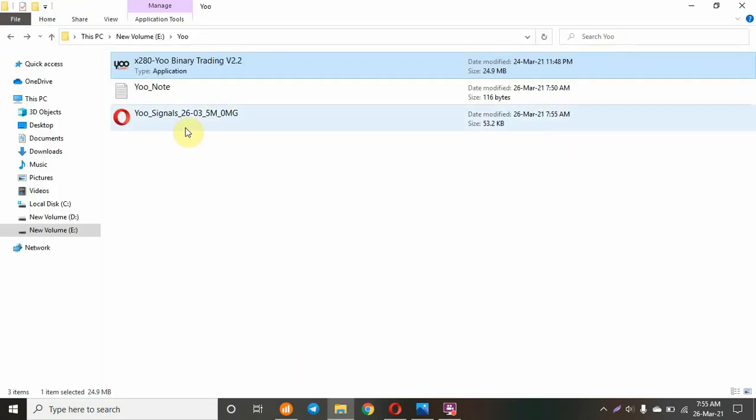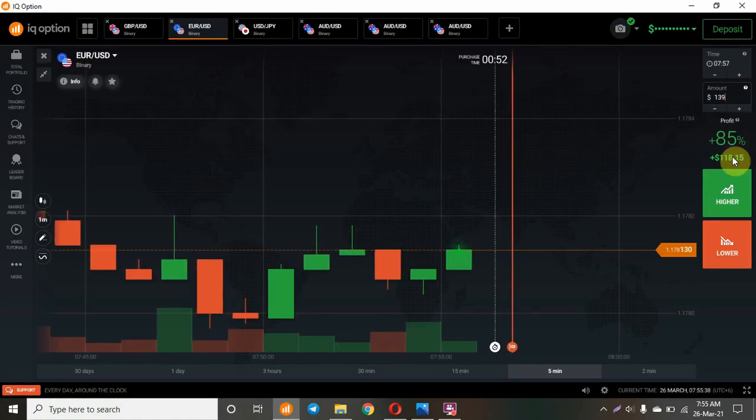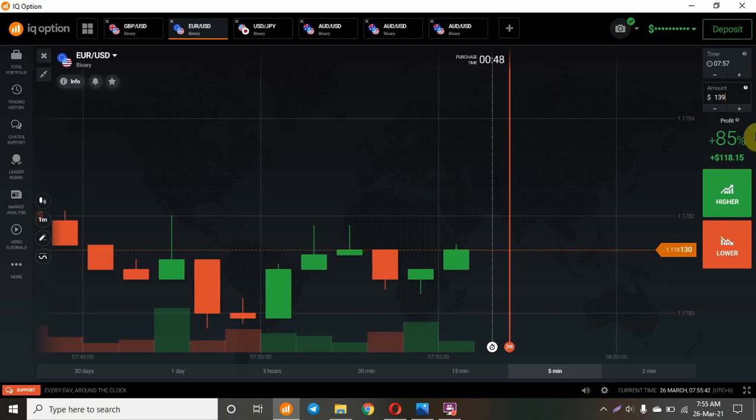So here you have seen 5M means indicating 5-minute signals. Another most important thing I want to tell you, and this is the Bangladesh time signal. Before you jump into the signals, you must check that your payout is above 80% in IQ Option. This is the payout.